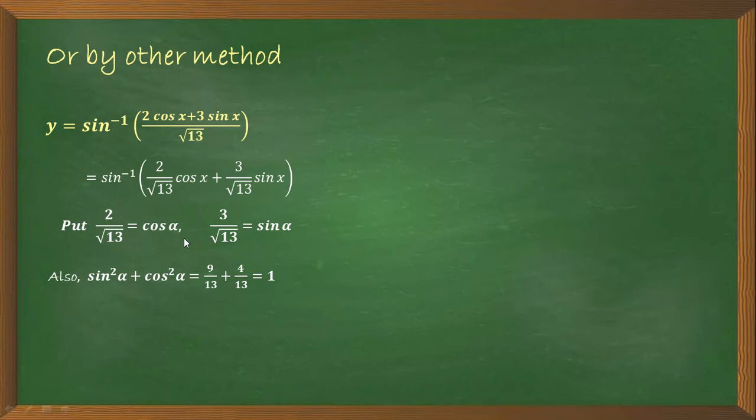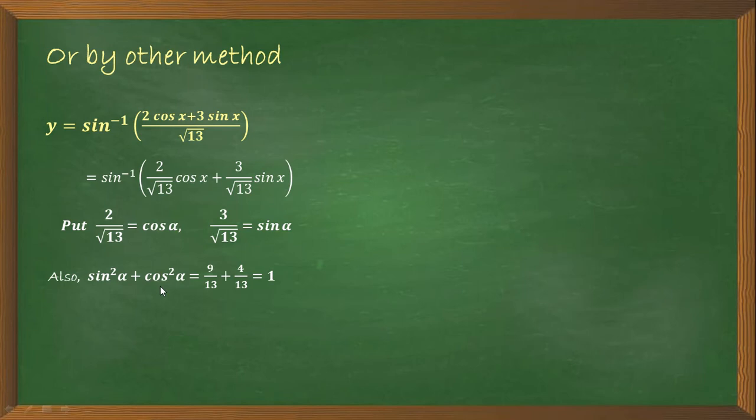You can select like that, because sin alpha and cos alpha lie between -1 to 1 and 2 upon root 13 and 3 upon root 13 are two values which are less than 1. So for any angle alpha, sin alpha and cos alpha exist. Okay, any value exists between -1 to 1, because sine function and cosine function are continuous functions. So every value exists between -1 to 1. So you can select any value, that is sine alpha or any value cos alpha, no problem.